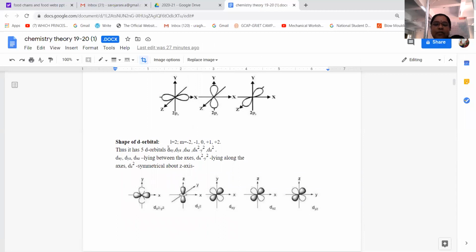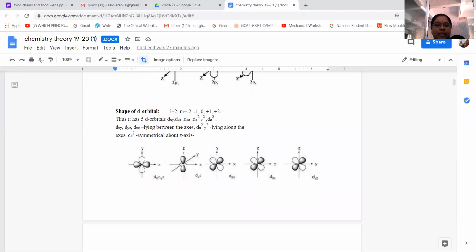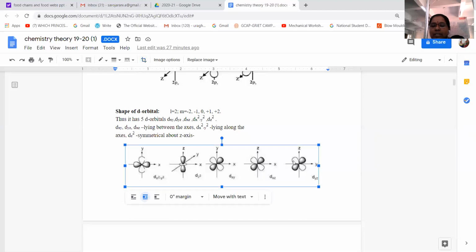Next, shape of d orbital. So these are the 5 shapes of d orbitals. D orbitals are double dumbbell in shape. S orbitals are spherical, p orbitals are dumbbell, d orbitals are double dumbbell in shape. Right? So here if you go to the axis, let us come from the right to the left. Right? So students, here